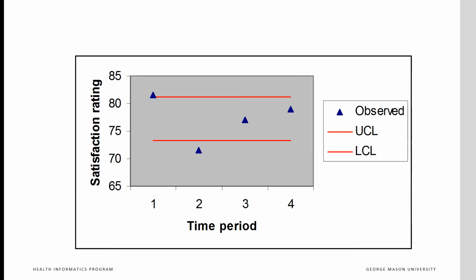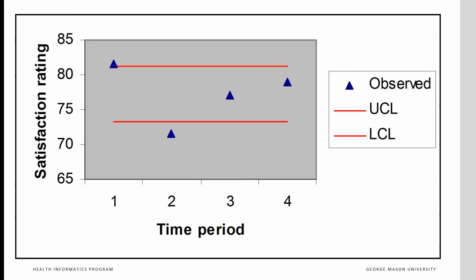Now we are ready to plot the data. In the Xbar control chart, the x-axis is time, and the y-axis is the observed average for each time period. Observations are shown by single markers. Control limits are shown as lines with no markers and preferably in red. Note that the control limits are straight lines in this example because in every time period we sampled 4 cases. If this were not the case, the control limits would be tighter when the sample size was larger and wider otherwise.